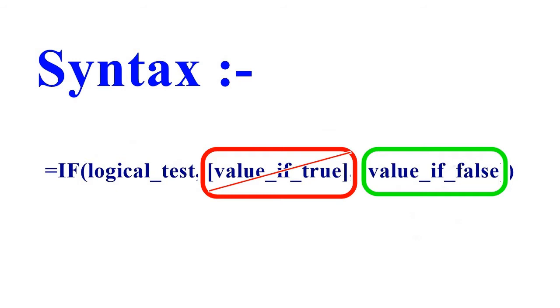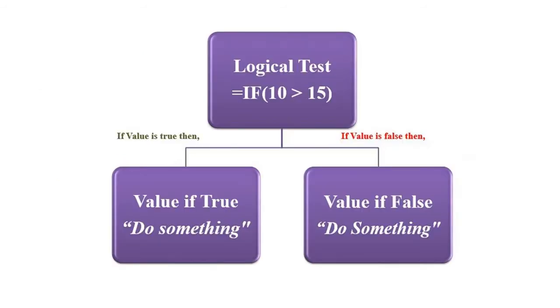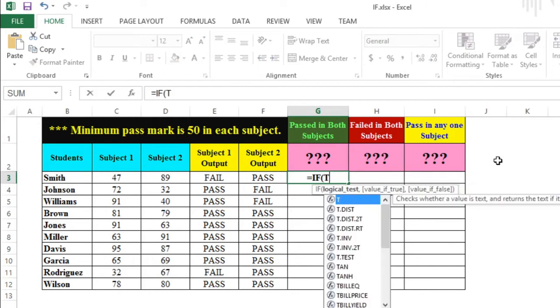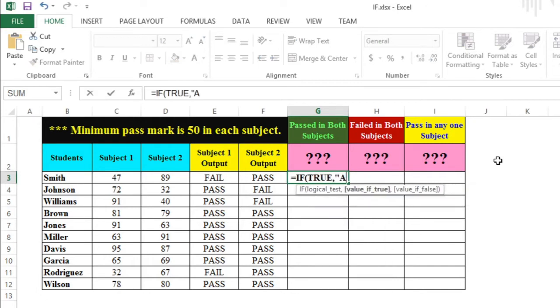Therefore, the output of the first argument, which is conditional checking in if function, only provides the result as either true or false. So, what if we type true in the first argument in the if function without putting the actual conditional checking? Let's see.